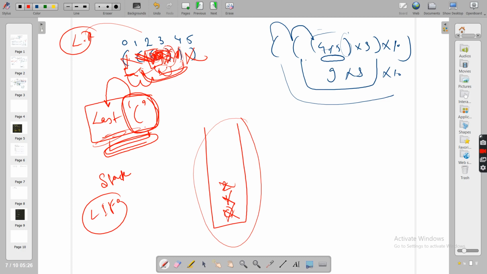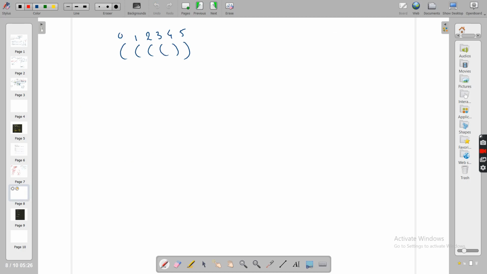Okay, so I hope you got this, and I've explained this in a deeper way, to see why we use a stack. I think you are clear with this. I never said to go for a stack, but we saw this property that we need the last opening bracket. Okay, now see this, guys.